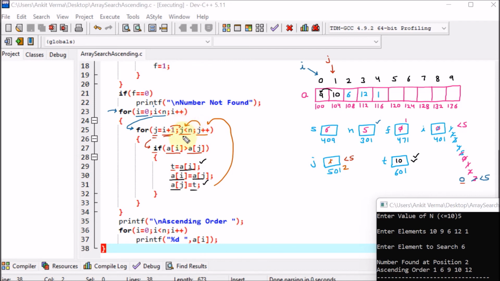Checking the condition, is j less than n? Is 2 less than 5? Perfect. So logically if we represent, the j is here shifted on the 2. Now again it is going down and again the comparison is going to happen. So here ai is greater than aj. i is still fixed. Right now i is fixed on 0 and j keeps on running after. Now here ai is greater than aj. So understand that 9 is greater than 6.